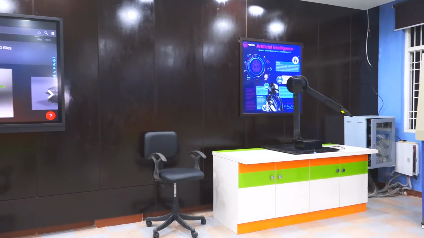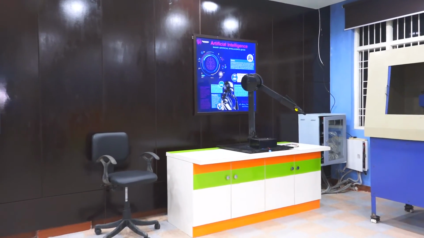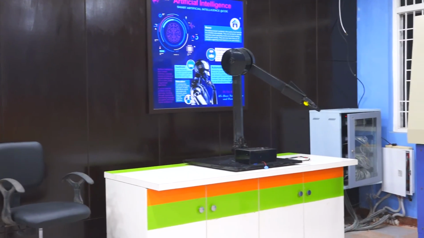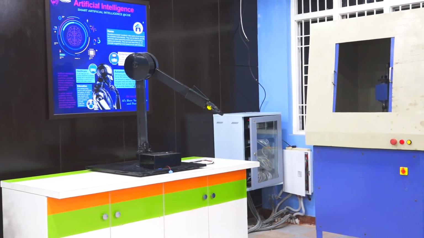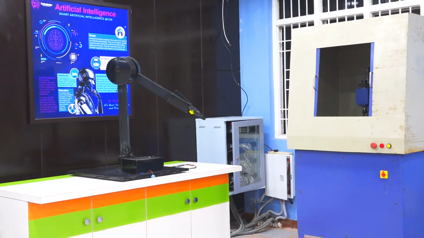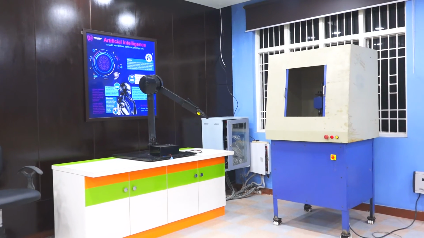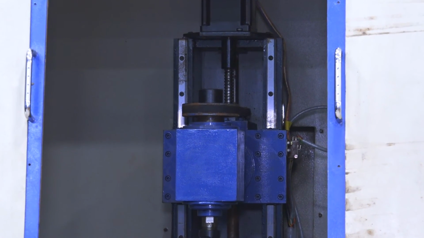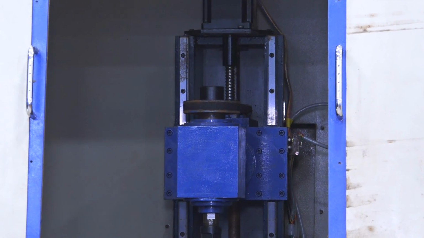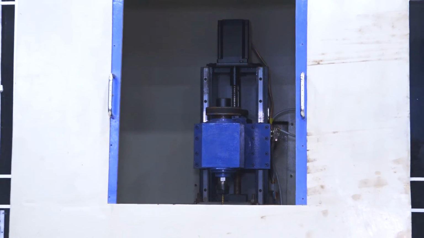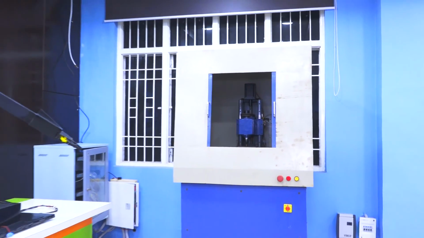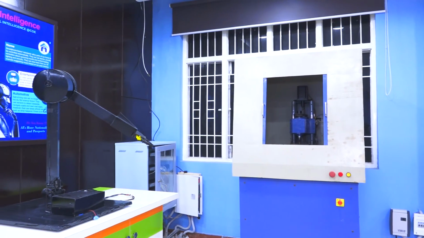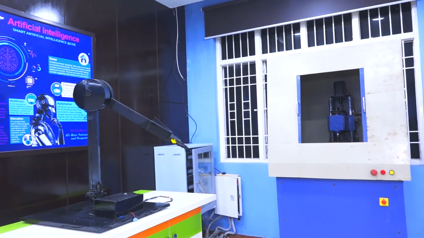In series of, we have robotic arms that is used for artificial intelligence, and we have also CNC machine. This is CNC milling machine. In this CNC machine, this is used for computer numerically controlled machine that is used for manufacturing the small parts